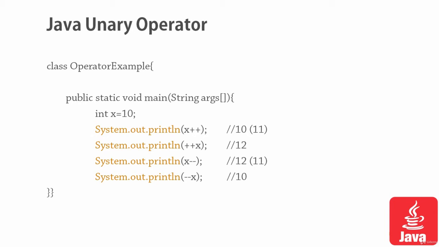That means we have the variable x having a value 10. If we write x plus plus, it will display 10 on the screen and then increment the value for later use. If we write plus plus symbol before a variable, it will first increment the value, then display it on the screen. So it will display right away 12. Similarly, for the negation symbols,